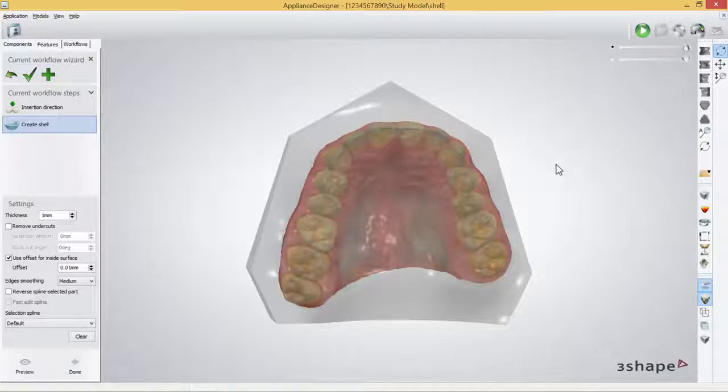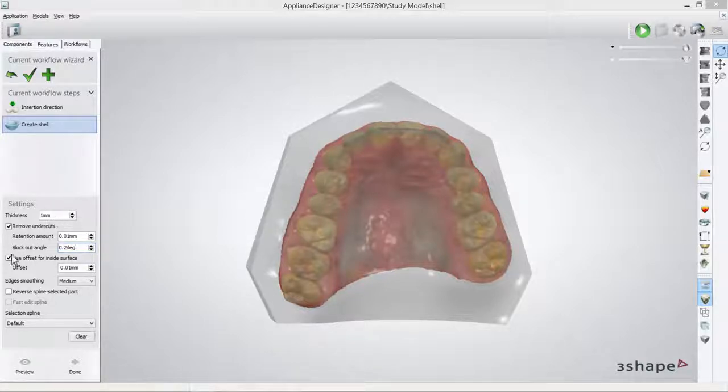Before you create the shell, you have to use these settings. The first one, you can choose the thickness of the shell. If you want to remove the undercuts, you press Remove the Undercuts and you can go in and enter how much the undercuts should be. The blockout angle, again, you can choose how much you want the blockout angle to be.